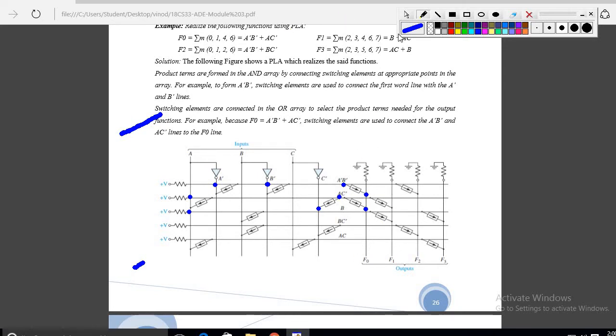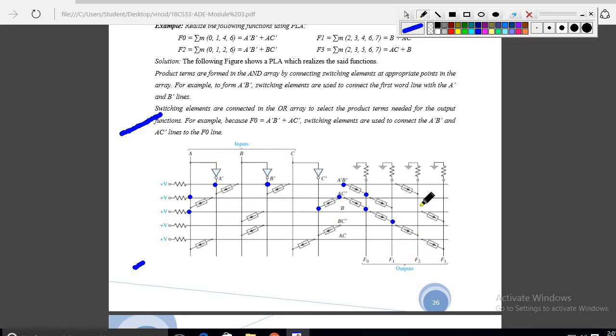Like that, you have to check f1. So B plus A C. Where is B? B is here, so it is directly B. Then where is your A C? A is here and C is here. So it is direct; I will have to use two arrow marks to come here. So that is your F1.